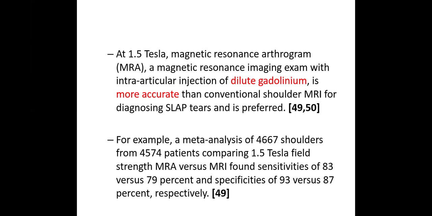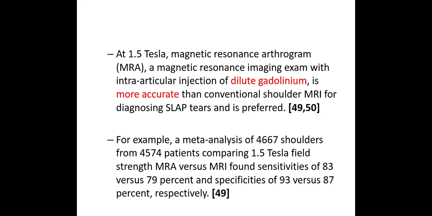So 1.5 Tesla is commonly used, but as the strength of the magnetic field increases, obviously the image quality improves, and even the most delicate regions become easier to identify. So the higher the Tesla, the more the sensitivity improves. At 1.5 Tesla, a magnetic resonance arthrogram, an MRI exam with intra-articular injection of dilute gadolinium,